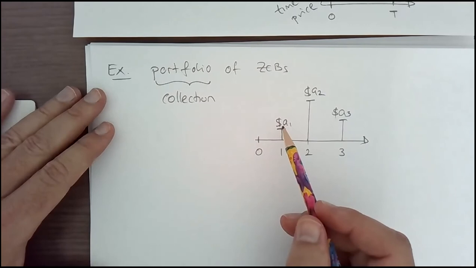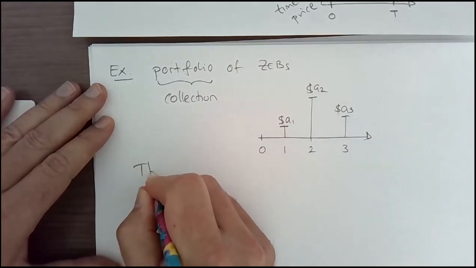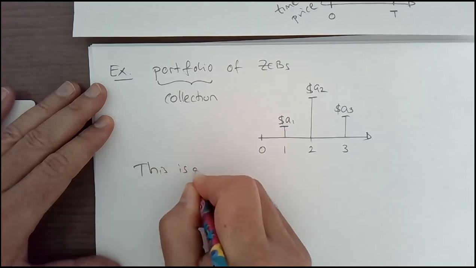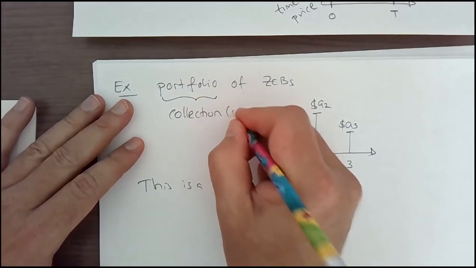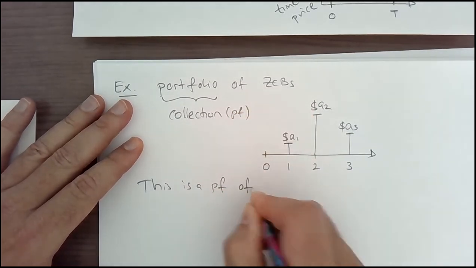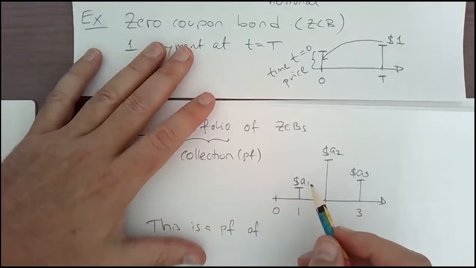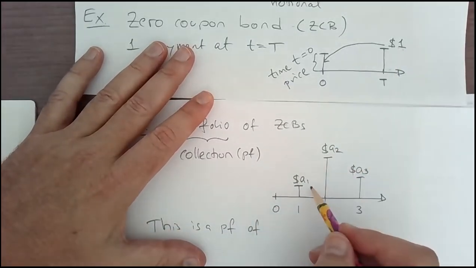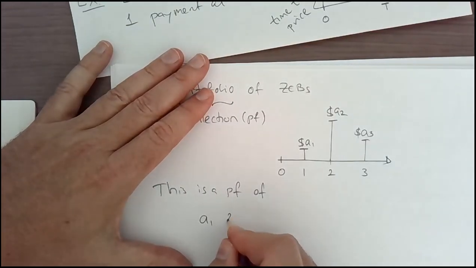This is a portfolio, typically written as PF. This is a portfolio of, let's see, I need A1. Remember, this pays out 1, so I need A1 zero coupon bonds